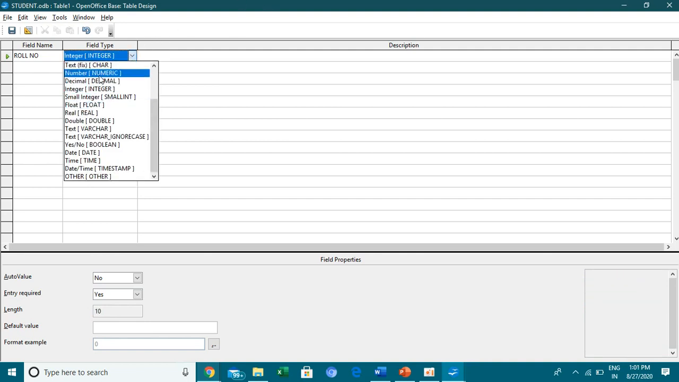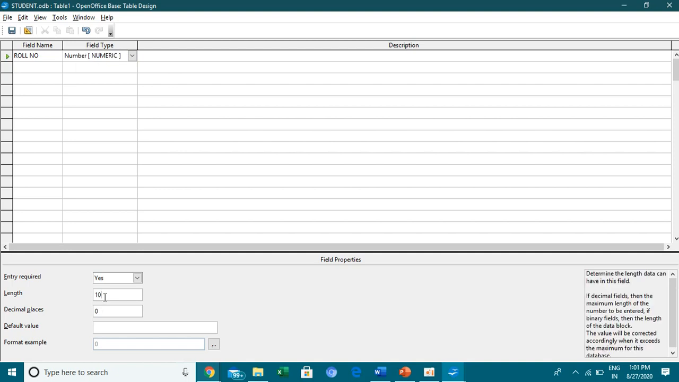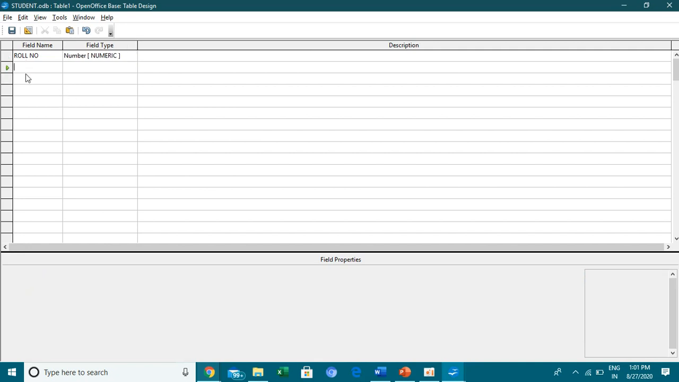I want to change my value as something. You can change the value as 5 or 6. Whatever value you want to change, you can change here. The next one, I'm going to give the student name here. Student name. The type will be